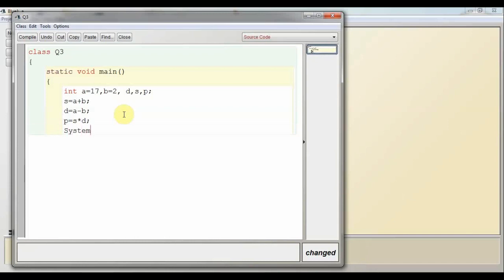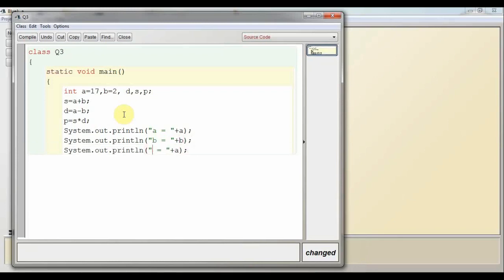Now we'll print all the values. I'm writing system dot out dot println, here a equal to. Again system dot out dot println, the value of b, b equal to.